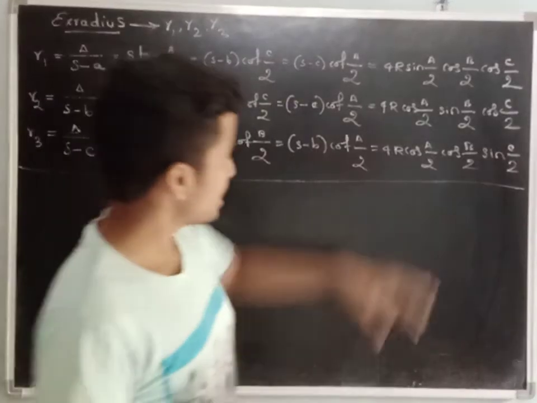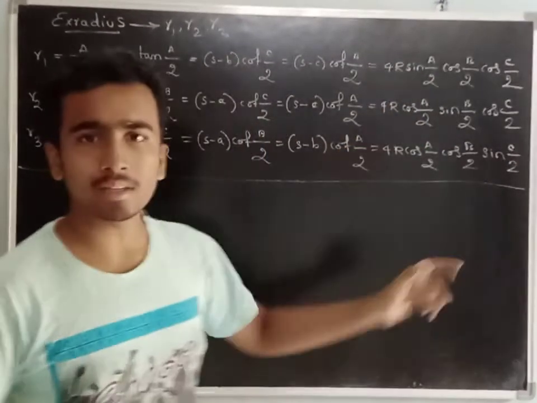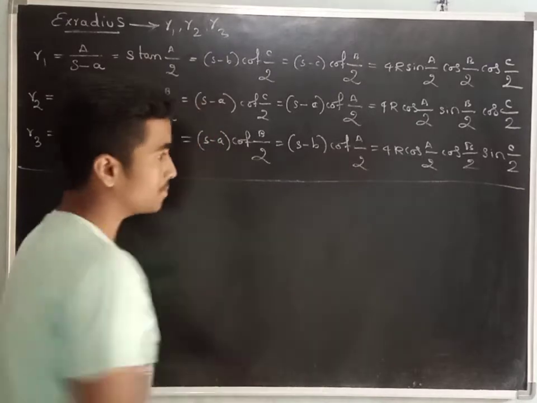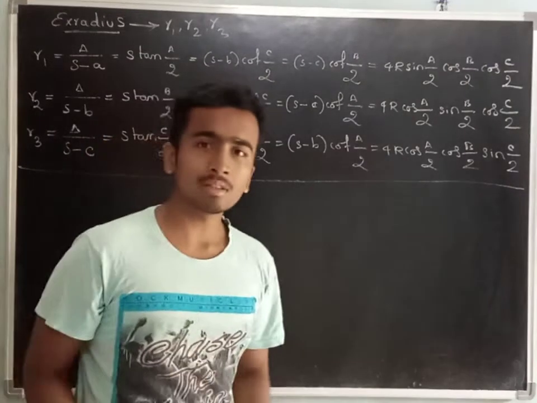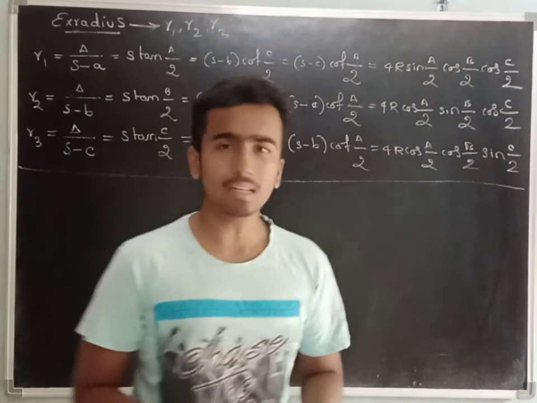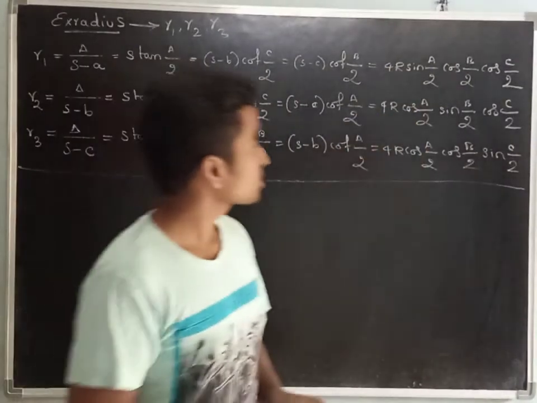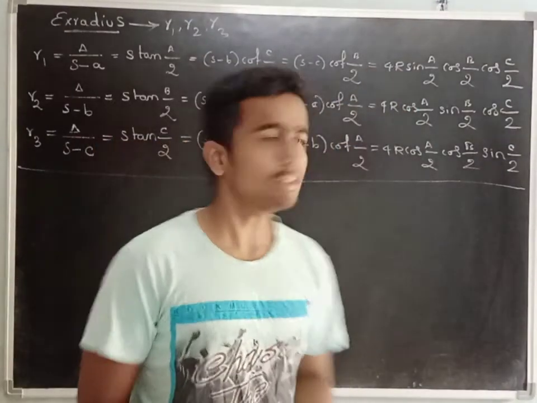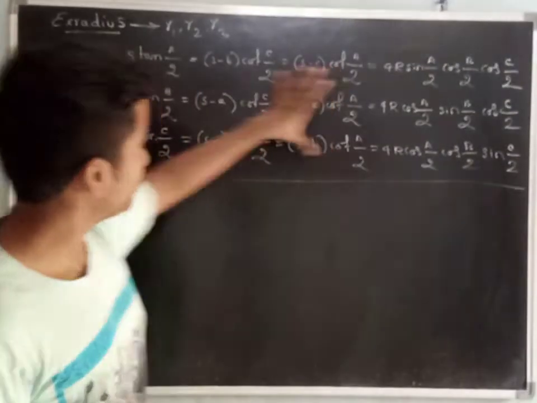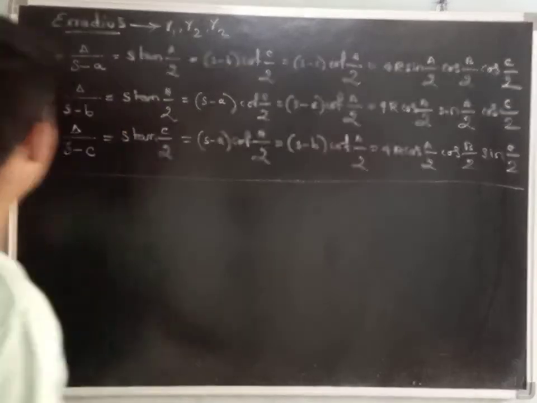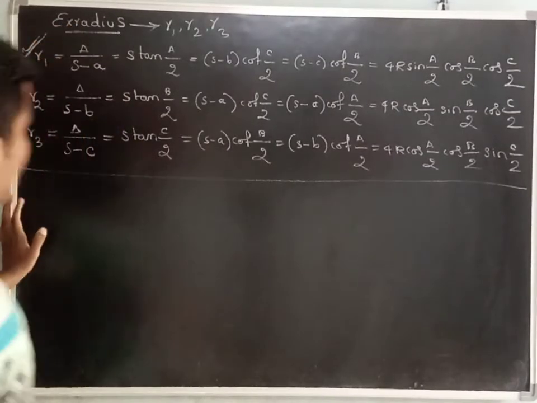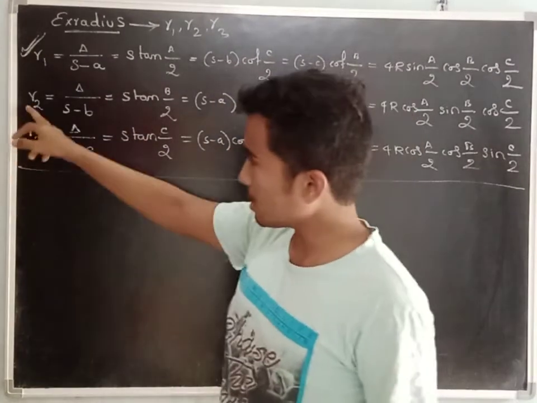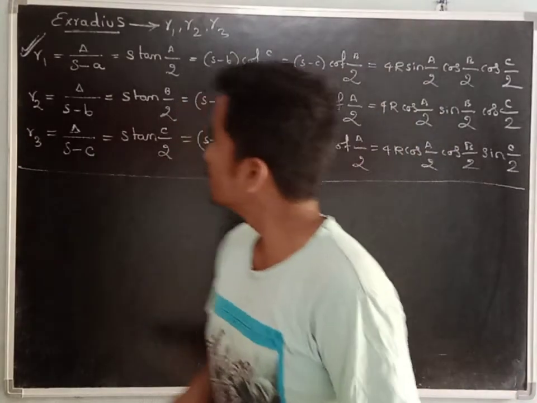Previously, I proved these three results geometrically using algebra and geometry. If you check my previous video, you can observe I have drawn a diagram there. Using the concepts of trigonometry and basic geometry, I proved these three results. In this video, let's understand that these three formulas can also be derived from already derived results. For that, let me consider r1. I will explain for r1, the radius of the first circle. Then you can prove for r2 as well as r3.